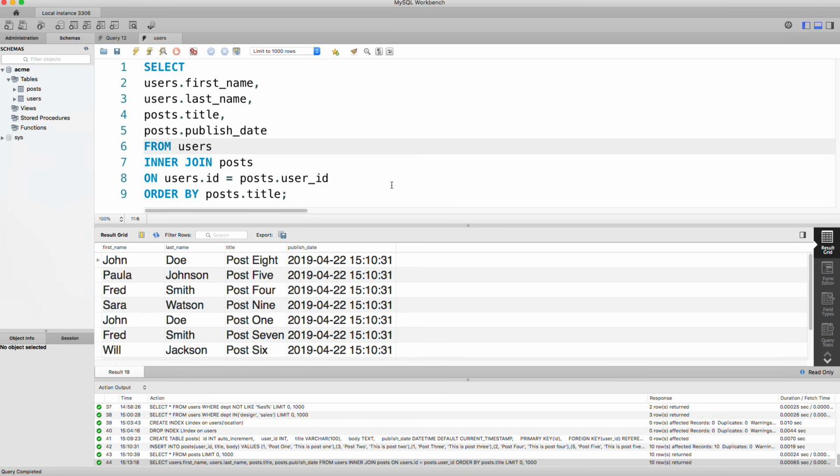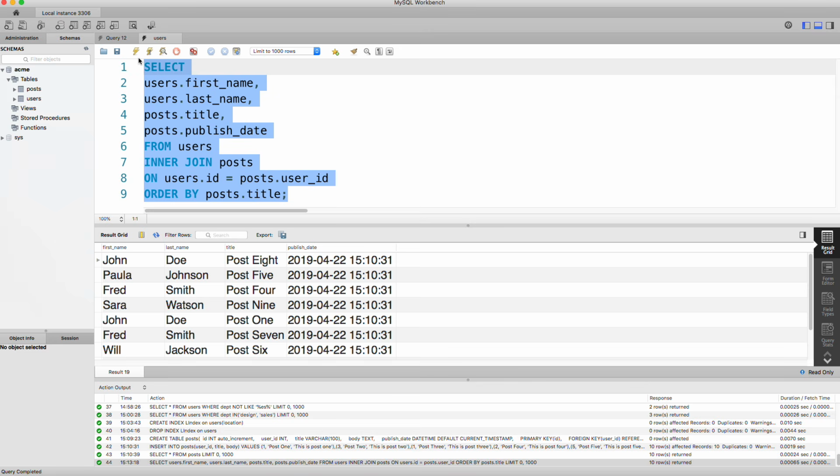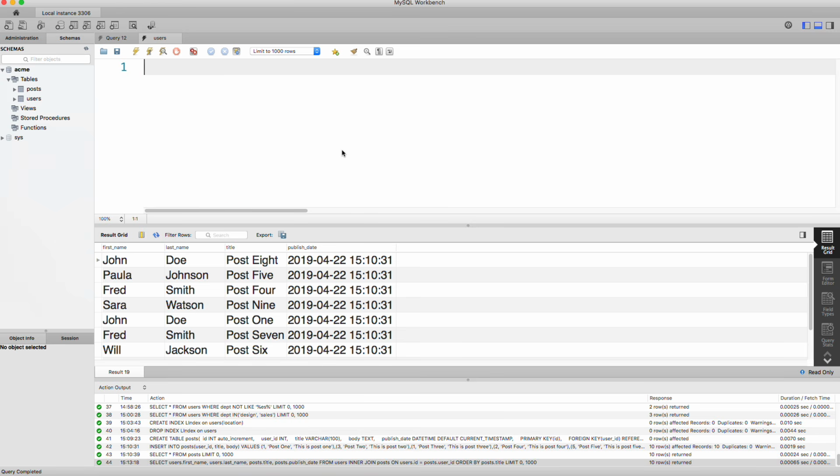Now I'm going to take it a step further. I'm going to create another table for comments. Now comments are going to have two foreign keys. They're going to have a post ID because they need to be related to a post, and also a user ID because a user left the comment. So let's do create table